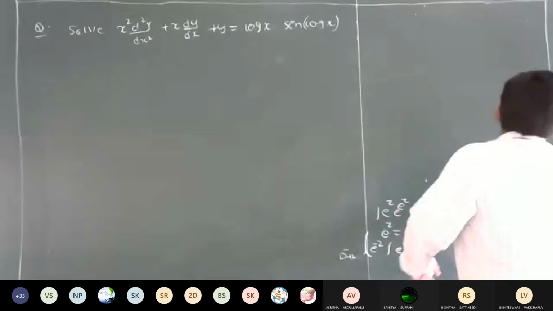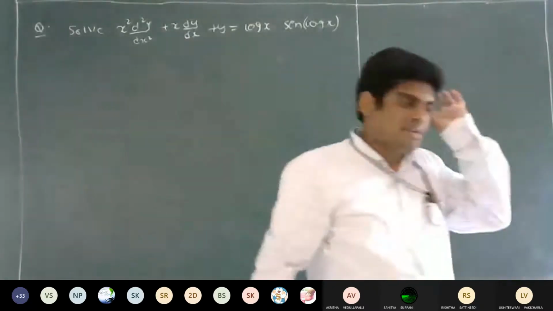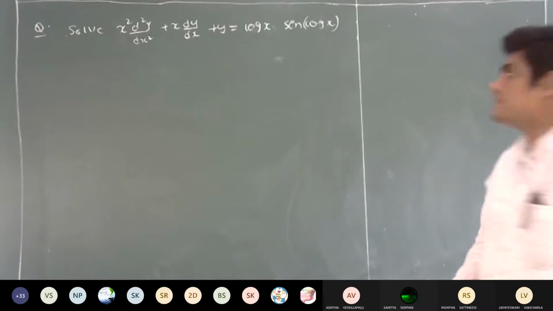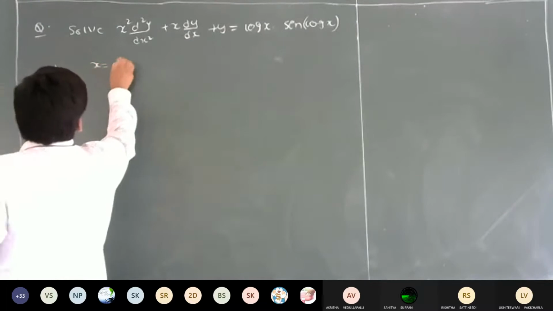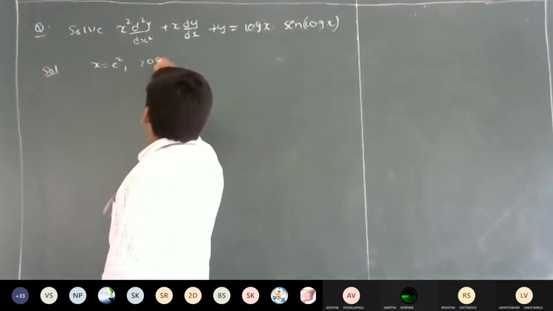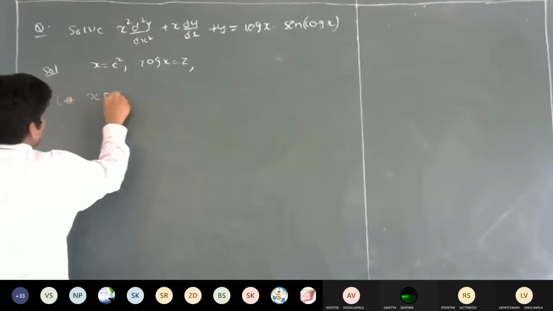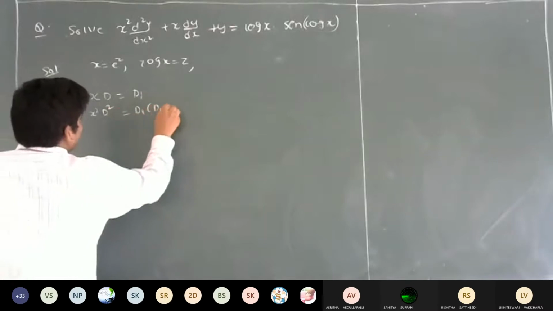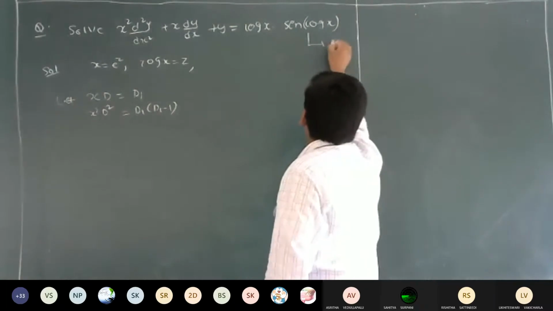First find out the complementary solution. That means first change the variable coefficients differential equation into a constant coefficient differential equation. For that, let us assume x is equal to e power z, so log x is equal to z. Next, let xD equal D1, so x square D square is equal to D1 into D1 minus 1. Therefore the given differential equation, call it equation number 1, becomes